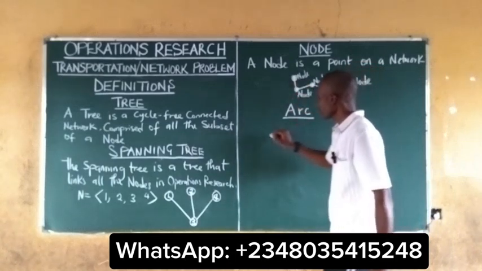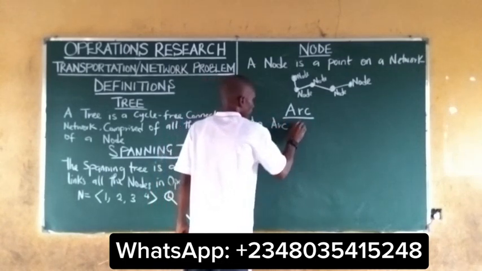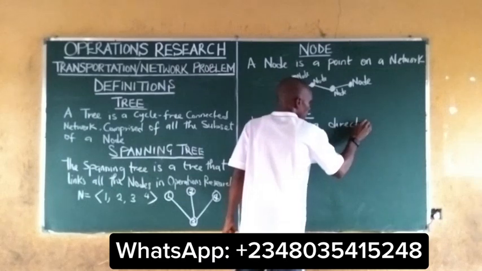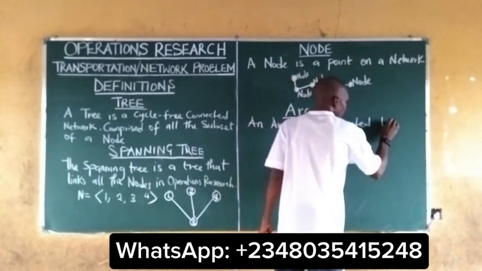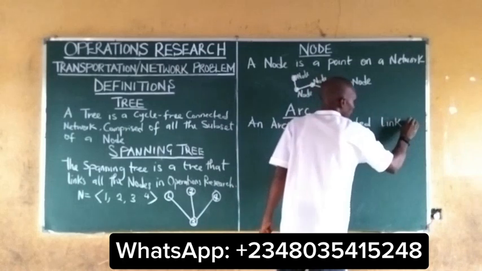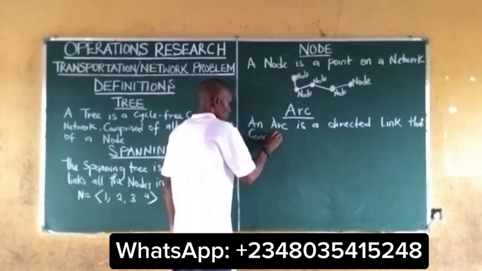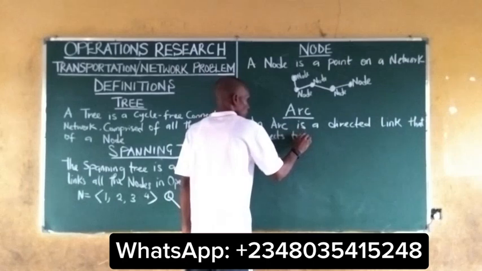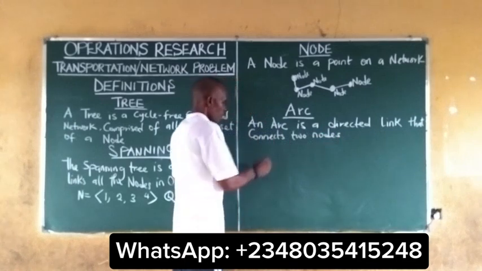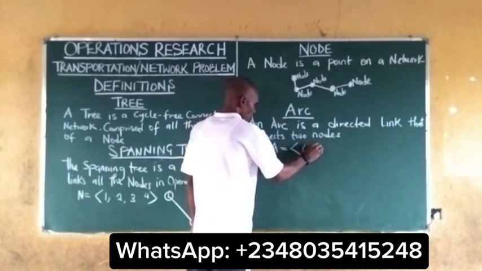An arc is a directed link that connects two nodes. For example, we can write an arc to be equal to, say, 1 and 2,